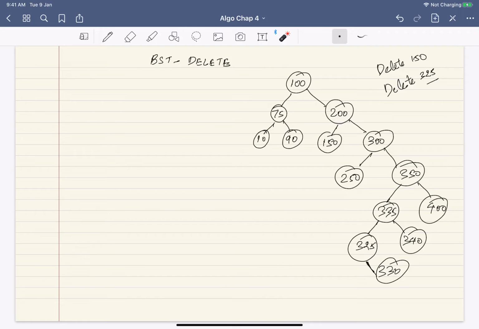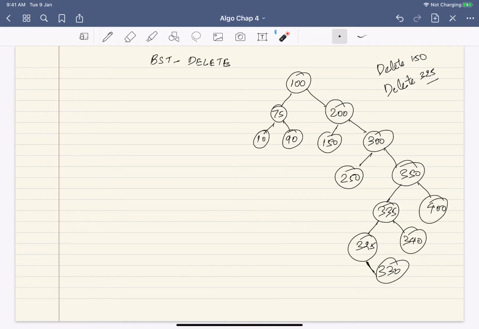So if I have to delete 325, I also have to think about the whole subtree that can be below it. One possibility in this case is I can put 330 in place of 325, and that should still work. Why? Because all these nodes are smaller than 335.